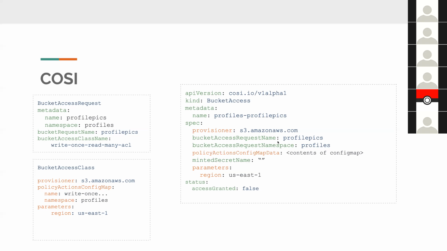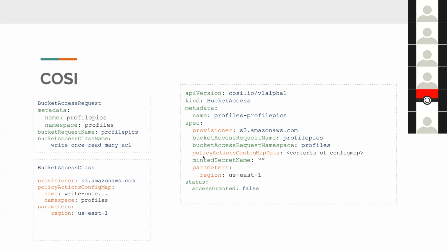It grants access for that service account based on this policy actions config map. So any user or any workload that's using this service account will have access granted for this bucket, and access will be based on the